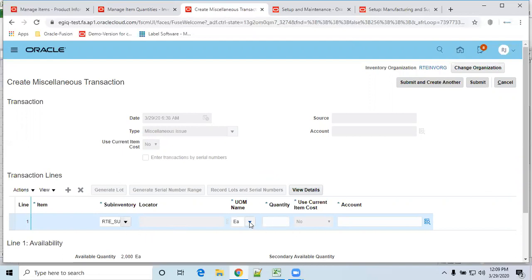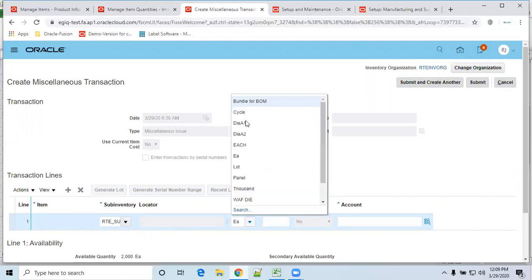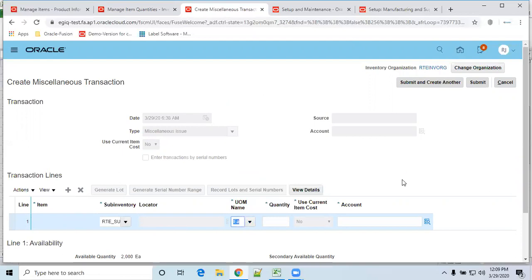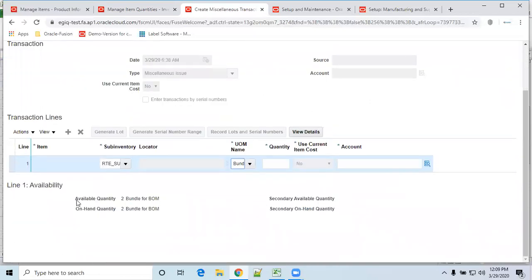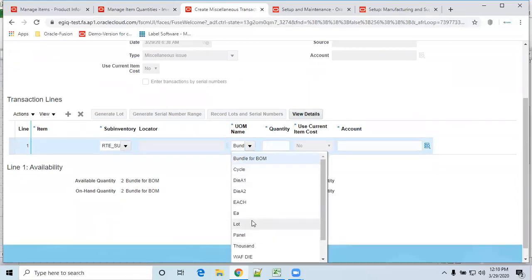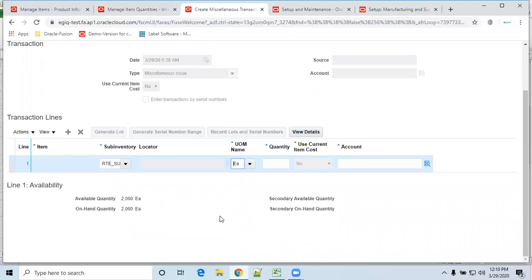Now UOM, I want to keep a bundle. See here it is showing available quantity is 2 bundle of bomb. That is the UOM name. If I take each, system will display each here. See, it will be showing 2000. So like that, based on the conversions, it is showing. Otherwise, if the conversion is not defined, it won't show those values here.